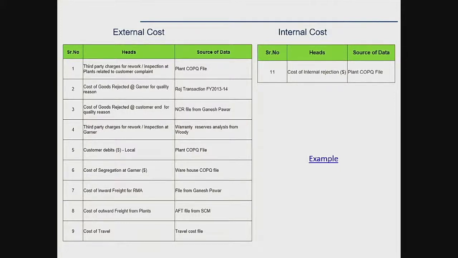How to capture this cost, from where we can capture it? So 9 parameters were selected in the external cost, and in internal cost only 1 parameter was selected. It's rejection cost, because there are multiple other parameters. If you take all 30, 40 parameters together, I'm sure you are going to bog down with a very high level of data analysis, and people will start feeling, no, this is not useful. So start with the basic macro level, capture the major costs, and then go into the deep dive year by year so that you can improve the process.